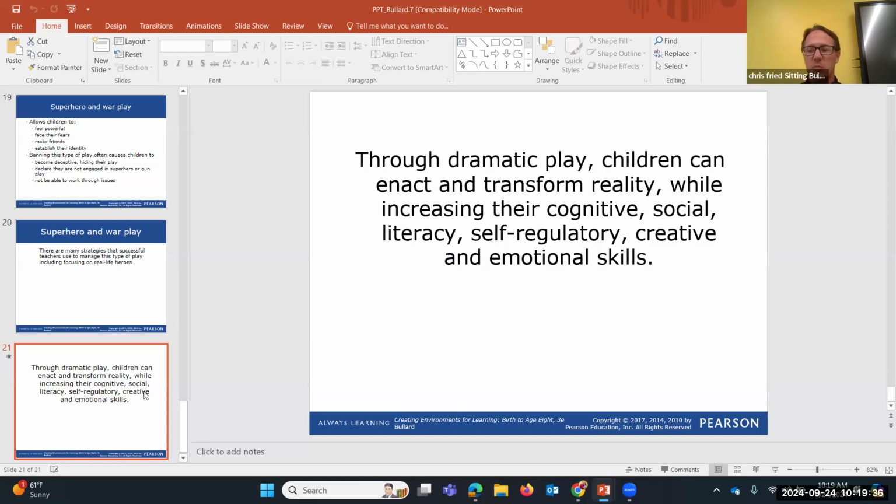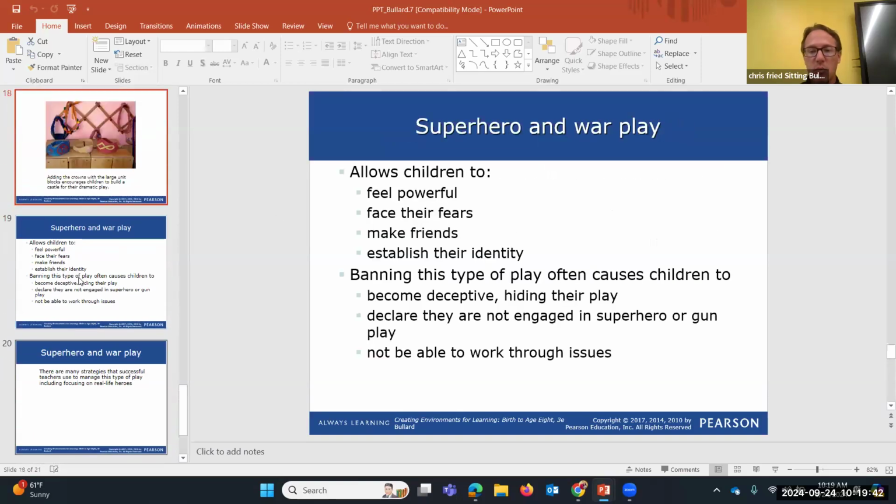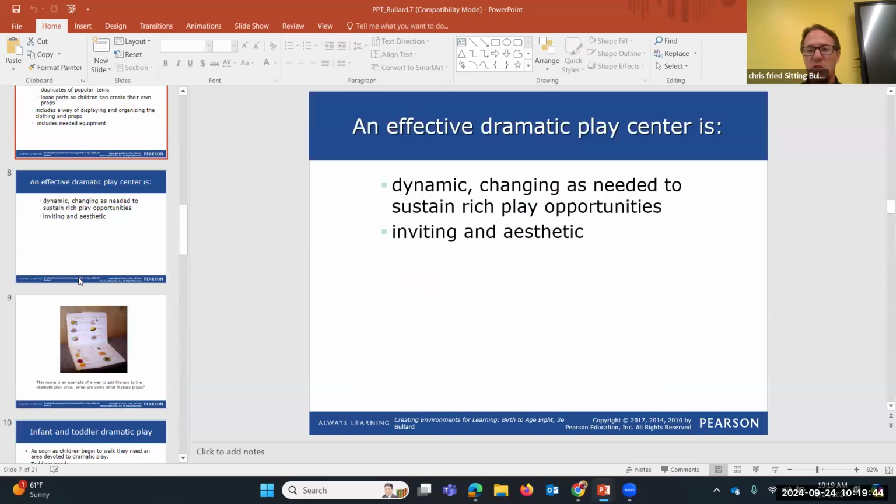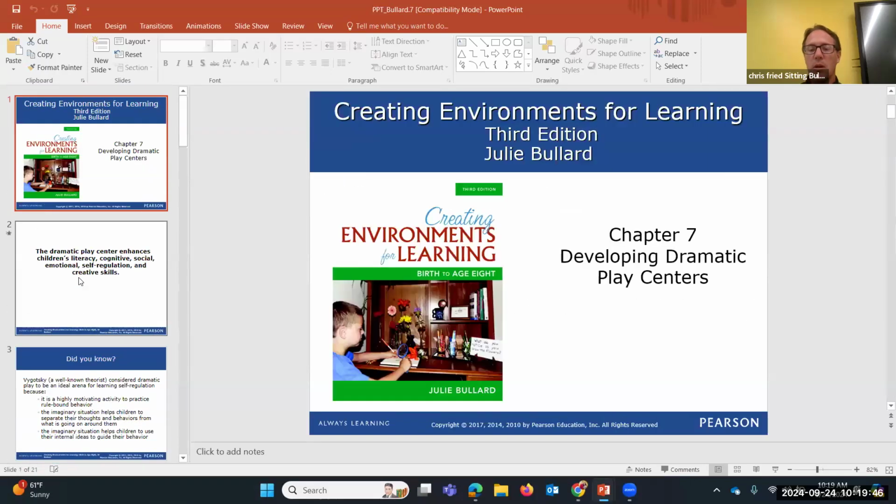And so it is important to help children engage in dramatic play in your classroom, and they can hopefully then transition that type of play to home as well, with their other siblings or other friends outside of the school setting. Okay, so that is chapter 7, ways to develop the dramatic play center.